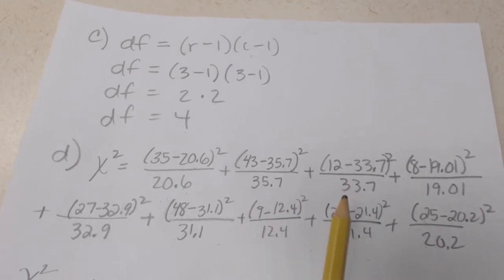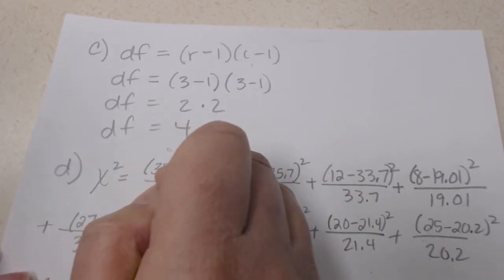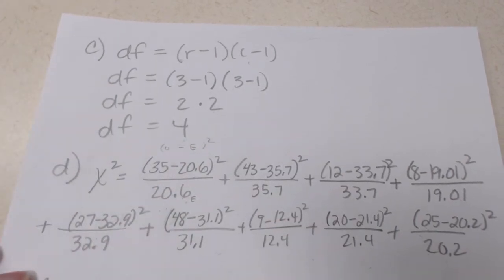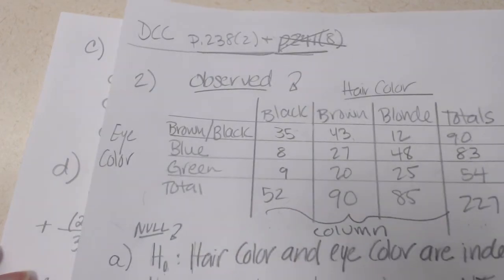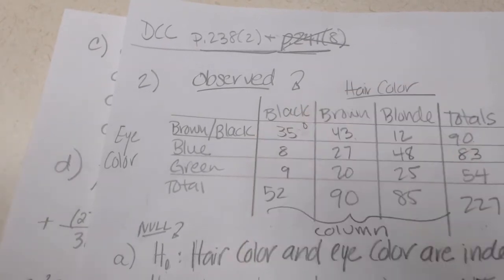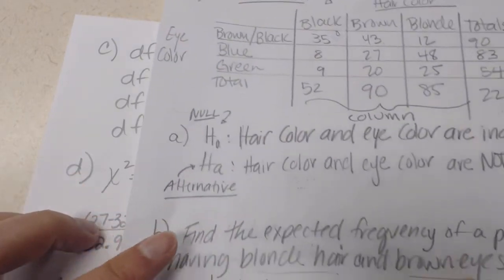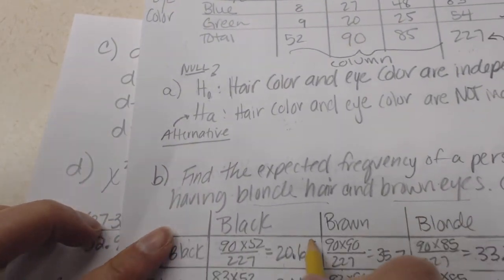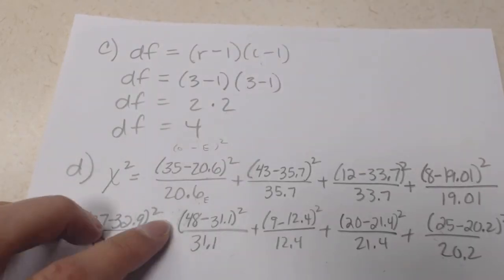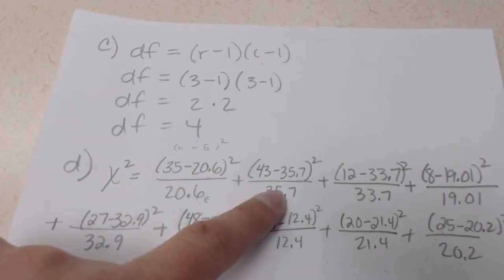Here is the chi-squared. We have to do the observed minus the expected, squared, divided by the expected for each and every entry. So we have to go back here. So the first entry, 35. Here's our observed value, 35. Wrote it down, 35, minus its expected value, same place right here, expected value, 20.6. Minus 20.6 squared divided by 20.6 plus, let's go to the next value,